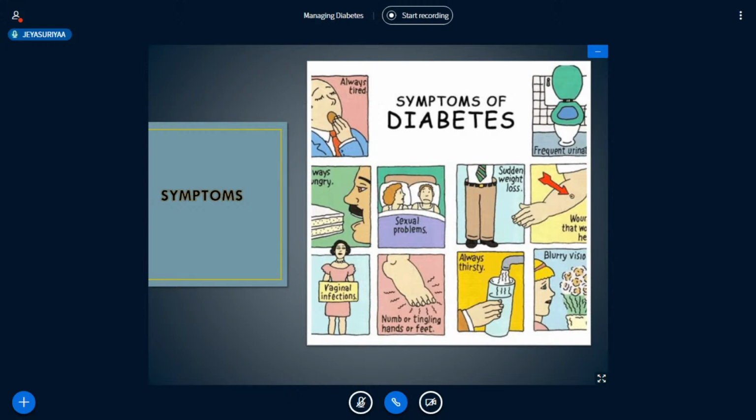On the other hand, there may be a presence of ketone bodies in the urine. Ketone bodies are nothing but the byproduct of the breakdown of muscle and fat that happens when there is not enough available insulin. Other symptoms include fatigue, irritability, blurred vision, slow healing sores, and frequent infections such as gum or skin infections and vaginal infections too. Type 1 diabetes can develop at any age, though it often appears during childhood or adolescence. Type 2 diabetes, the more common type, can develop at any age, though it is more common in people older than 40 years.